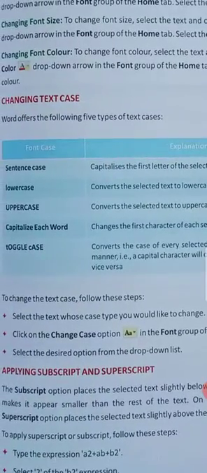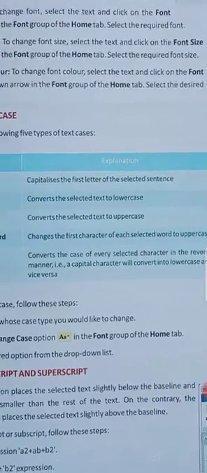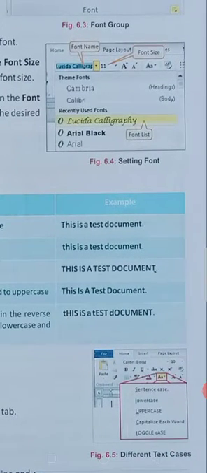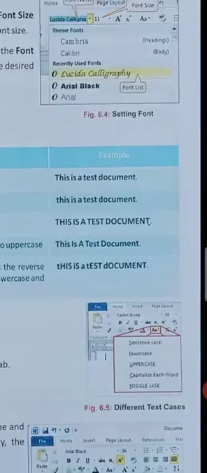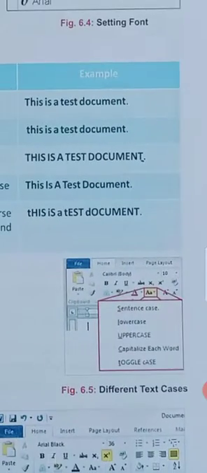How to change it? To change the case of a sentence, follow these steps. Select the text. After that, go to the Home tab, and there we have the Change Case option. There is a capital A and a small a. In this we can select and do it like this. Here we can change the font name, font color and font size, all of which you are familiar with. In this we have the alphabets, and after that we can make the changes.